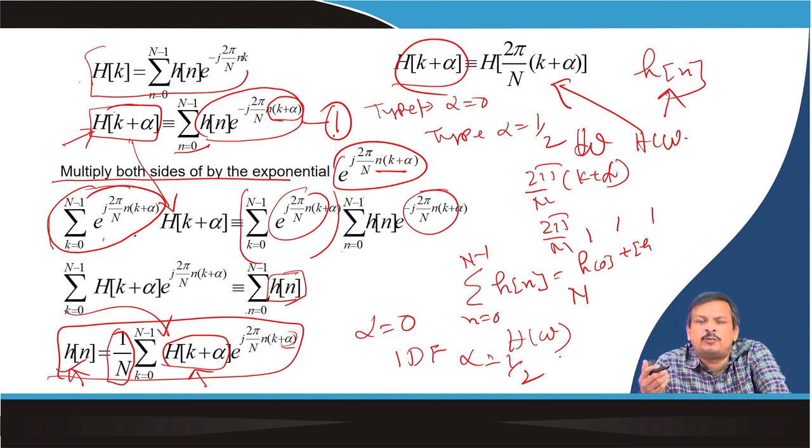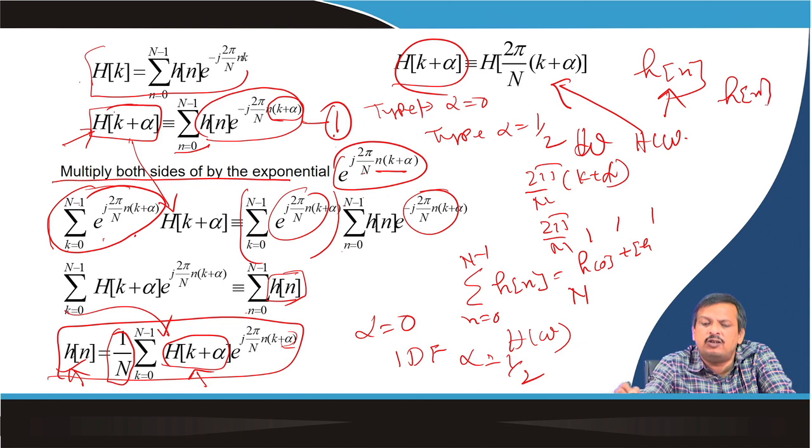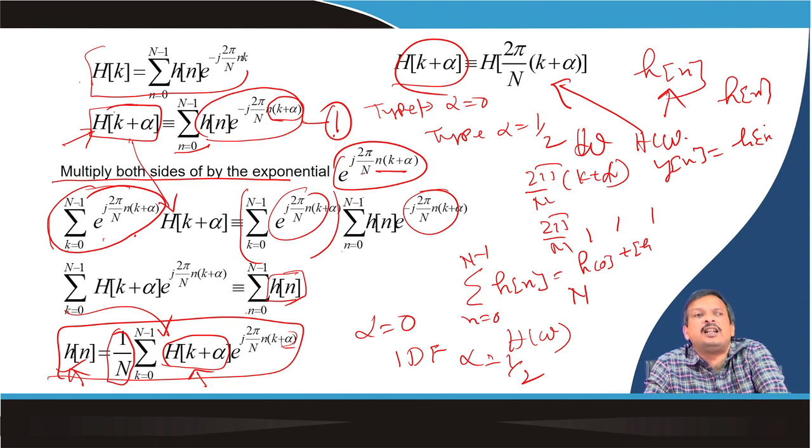So, my ultimate objective is to find out h(n). Once I get h(n), then I know y(n) is nothing but a convolution between h(n) and the input signal x(n). So, given the specification of the filter, I have to find the frequency response of the filter, and from that frequency response I have to sample it and find the impulse response of the finite impulse response filter. Once I get the impulse response, I convolve it with the input signal, and I get the output of the filter.